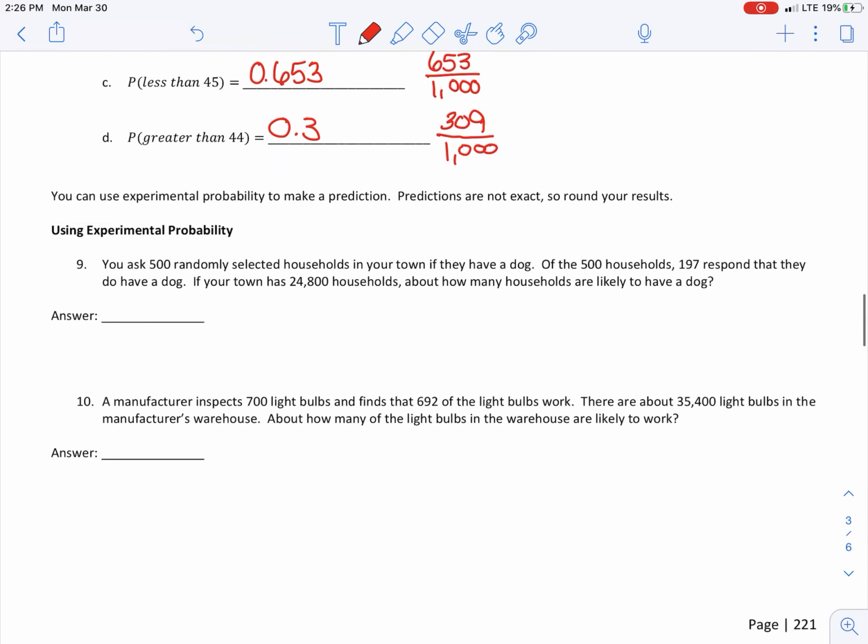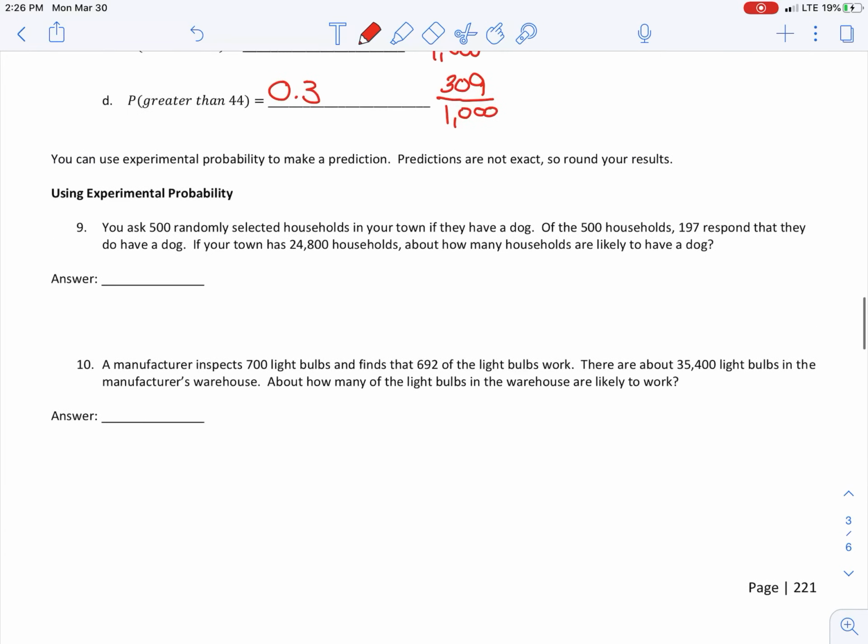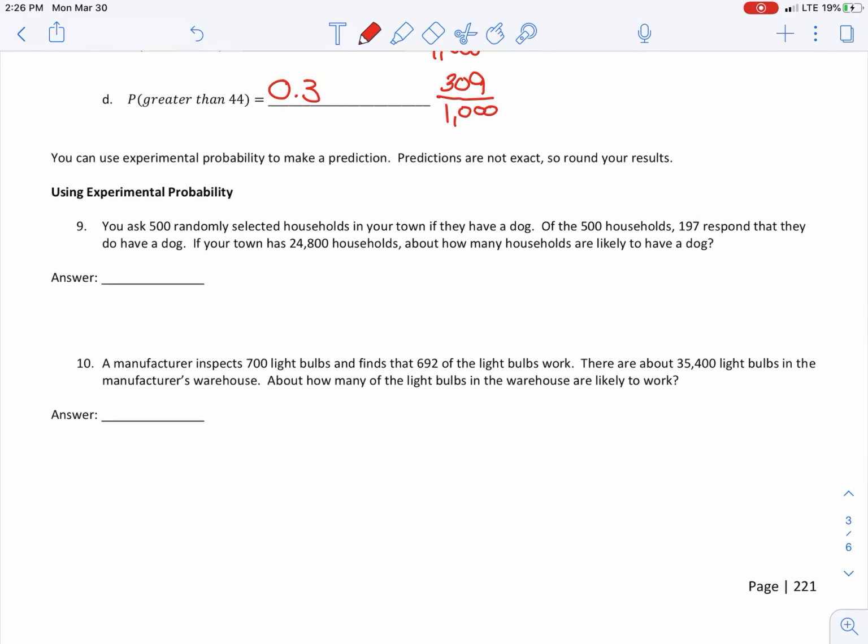All right. So, moving on. You can also use experimental probability to make predictions. Predictions are not exact, so round your results. So, if we look at number 9, it says you ask 500 randomly selected households in your town if they have a dog. Of the 500 households,